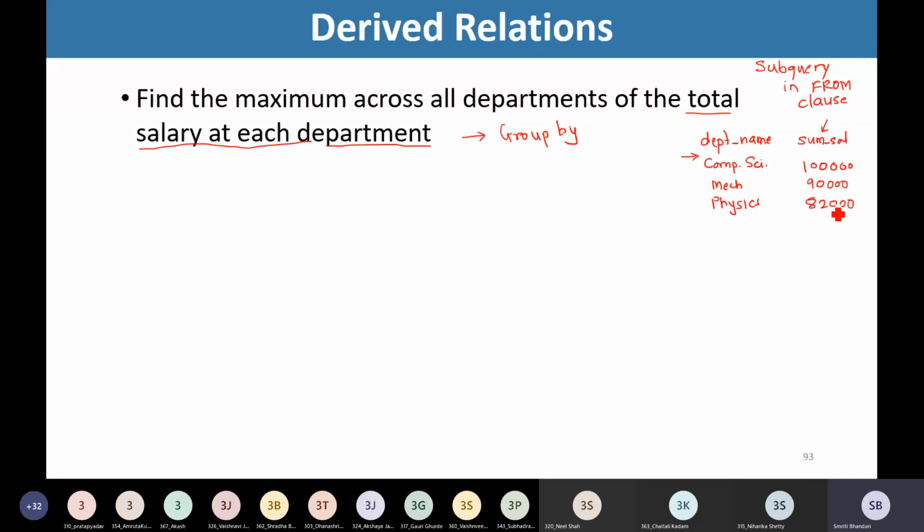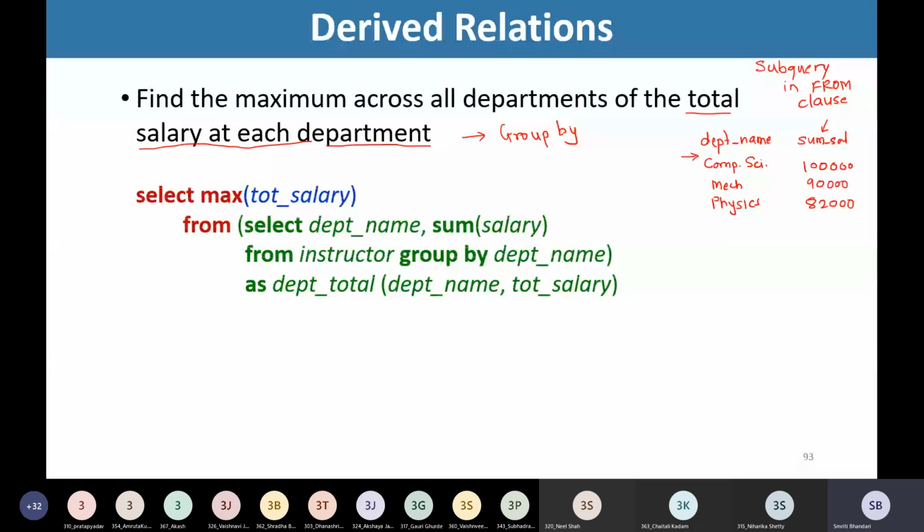Is that correct? So here it is very convenient to make use of derived relation. So how we are going to write the query? Look at this. This is a generic form and then I'll show you how to write it in Oracle. So this is the generic form of derived relation. So select what we want. We want to find out maximum of total salary.